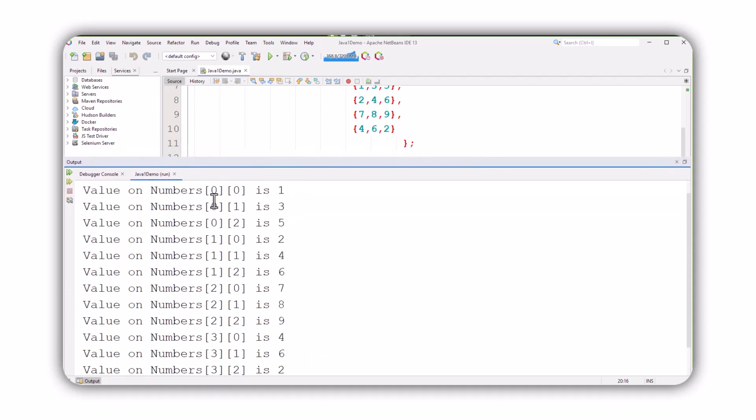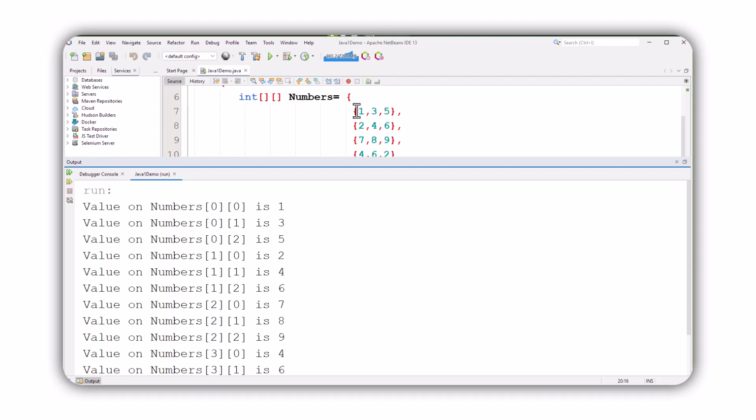Okay, you can see here this is going 0 0, 0 1, 0 2 and then 1 0, 1 1, 1 2. It means these are the rows. The first is 0, the row on index 0 is this. So we have the values 1, 3 and 5, these ones. You can see here this one is changing. i is 0 because of the first loop that is running here,